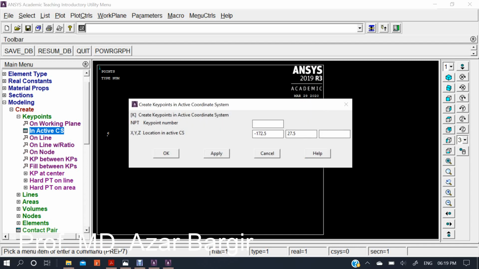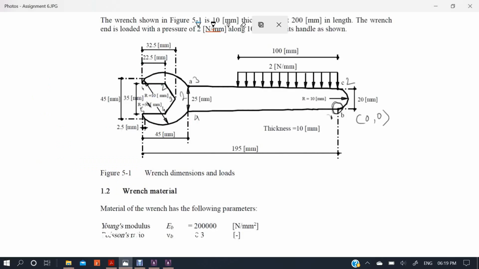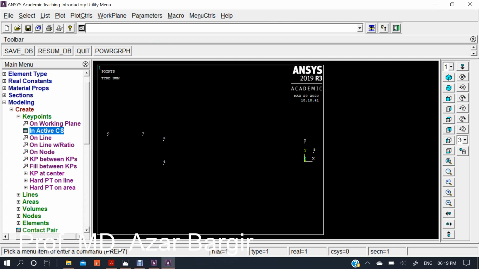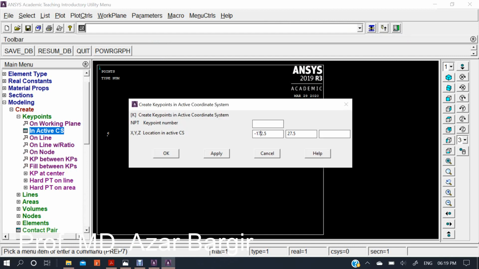Then for the third, the difference of 10 mm. Okay, 162.5, you have to take minus 162.5, and 162.5 and y will become 10, then again 172.5, and y will become